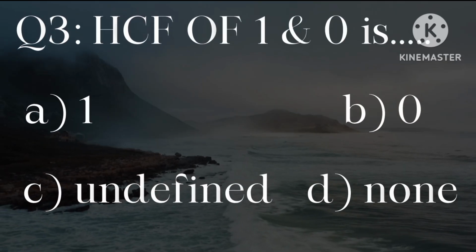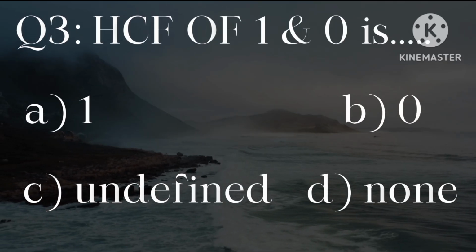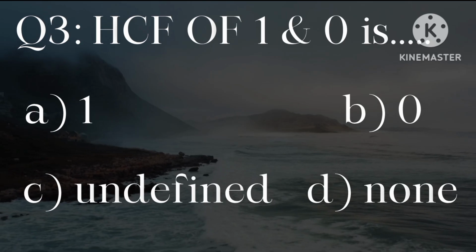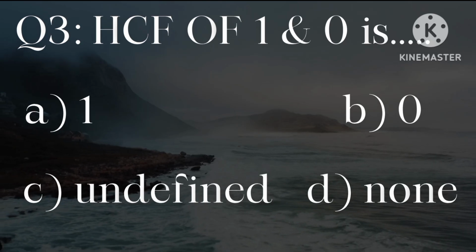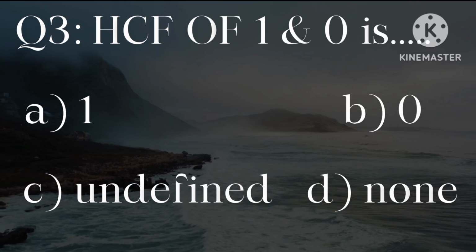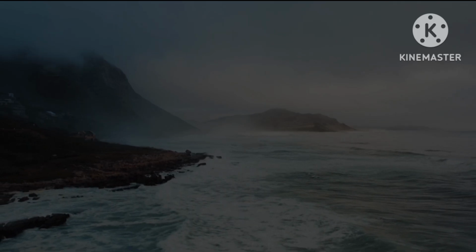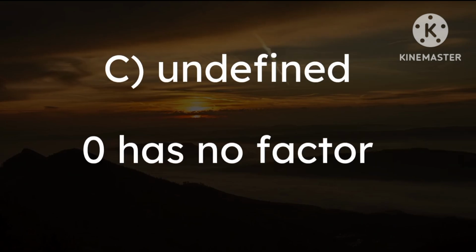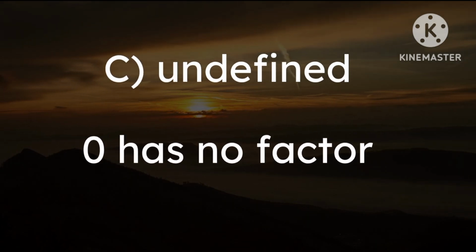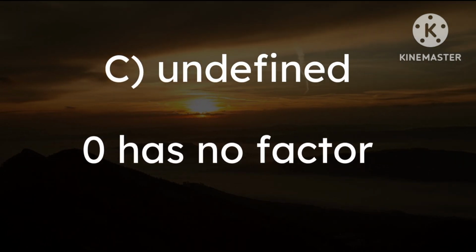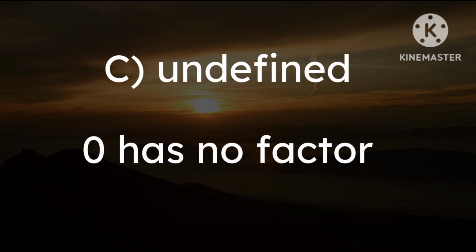Question number 3, HCF of 1 and 0 is 1, 0, undefined, none. 1 और 0 का फैक्टर और फिर कॉमन फैक्टर और फिर HCF मालूम करना है। क्योंकि 0 का फैक्टर नहीं है, इसलिए उसका 1 के साथ कॉमन फैक्टर मालूम करना मुमकिन नहीं है, इसलिए 0 और 1 का HCF अनडिफाइंड है।